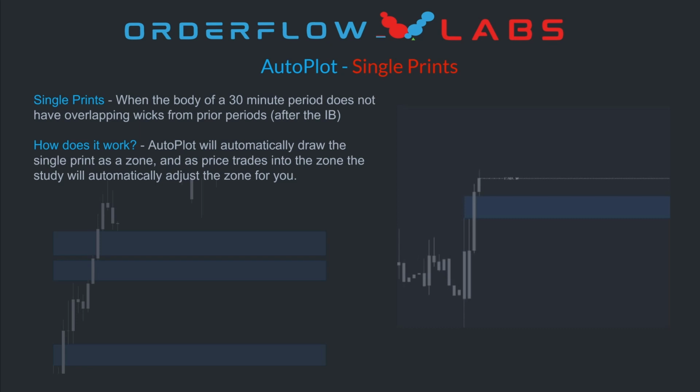All right, so AutoPlot single prints. Single prints is a concept from Market Profile, and that's basically when the body of a 30-minute period does not have overlapping wicks from prior periods. This prints after the initial balance is set, so you can have single prints in B periods. So C period can open up with B period singles, and then we map those out throughout the rest of